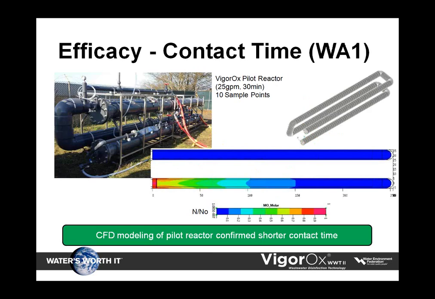A pilot study conducted in Washington State showed that the bulk of disinfection was occurring in the first 5 minutes of contact time. In parallel, we developed a computational fluid dynamic model of the pilot reactor to be able to simulate conditions that cannot be seen easily at the plant. For example, an increase in the influent coliform count from 10,000 to 100,000. The use of the CFD tool shows that in general, the bulk of the disinfection should occur in the first 5 to 10 minutes of contact time.